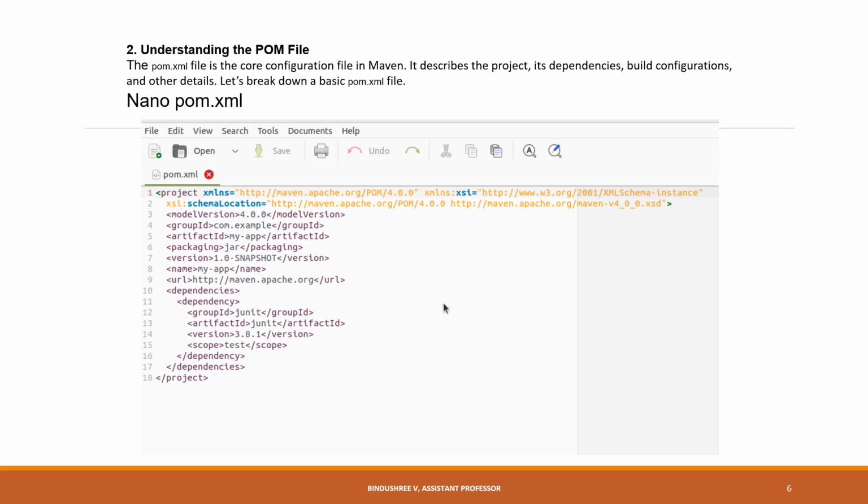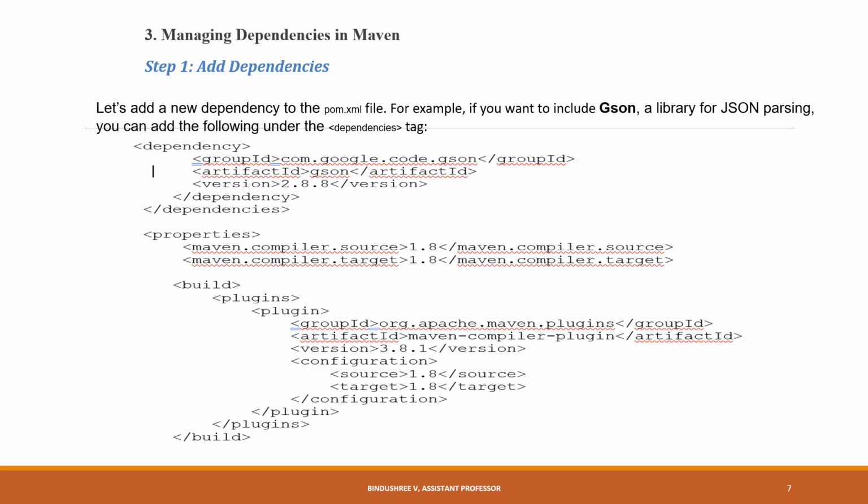And artifact ID, as I said, is the application name. And version of the artifact, what version of the artifact we are using, this version we are using. And dependency, the list of the project dependencies. In this case, the JUnit library is included for unit testing. Okay,